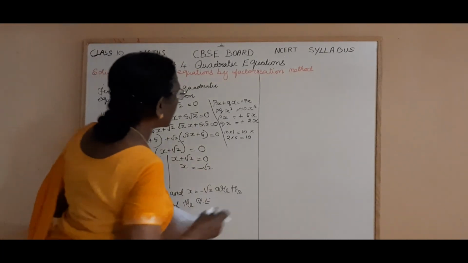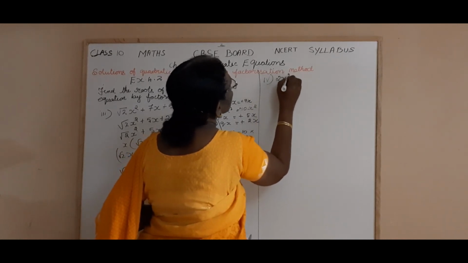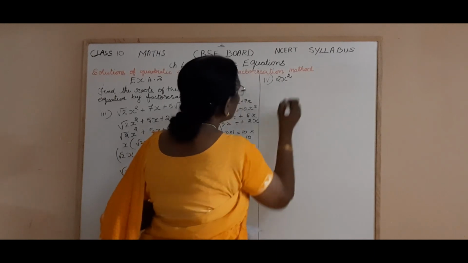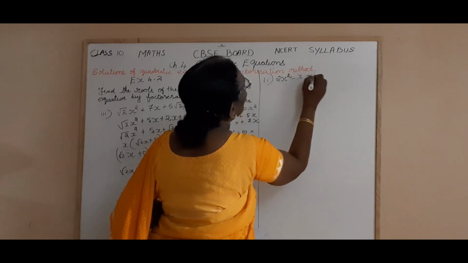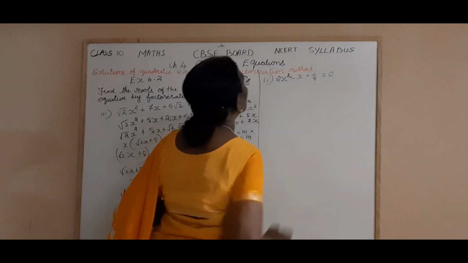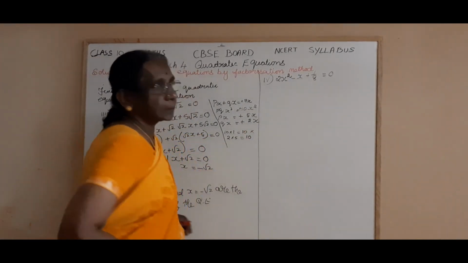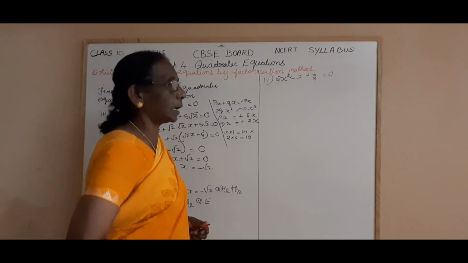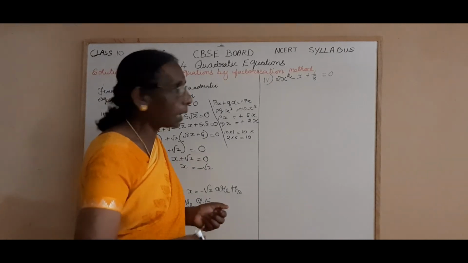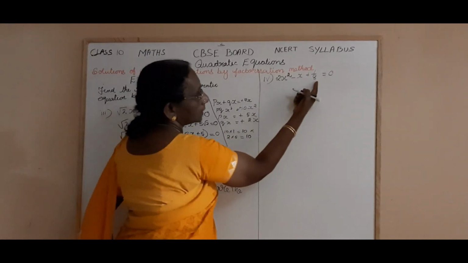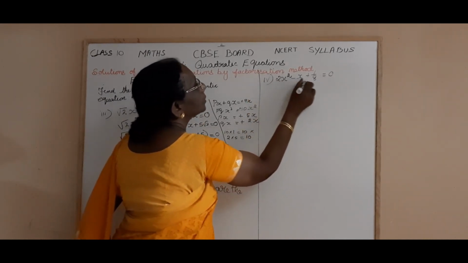That is 2x square minus x plus 1 by 8 is equal to 0. Children, you have a denominator here. The last term is a fraction, the denominator is 8. So what should you do? You have to eliminate the denominator, then it will be easy for you to do the sum. So for eliminating this 8, you have to take 8 as the LCM. So straight away you can multiply each term by 8.